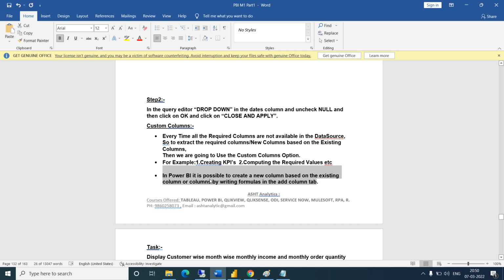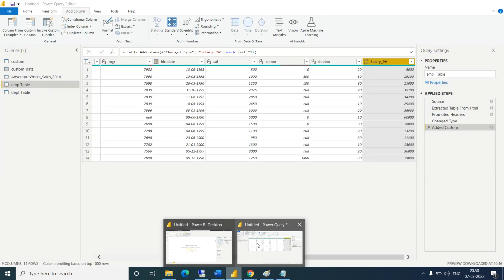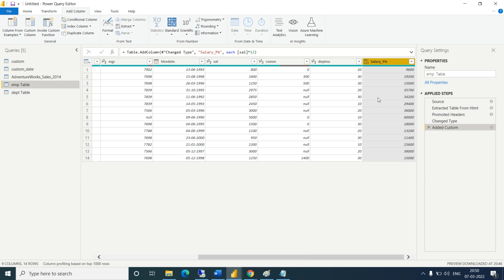If you want to show a categorical value or some kind of value, let's say I want to know if any person has more than 10,000 salary, then he is average or good. That kind of value I want to create in a separate column. That is called a KPI. So how to create a KPI? Click on the conditional column.